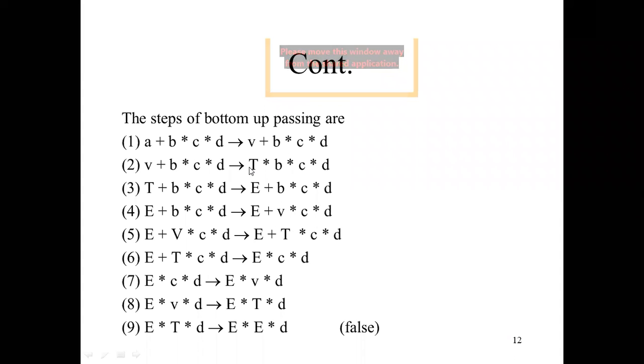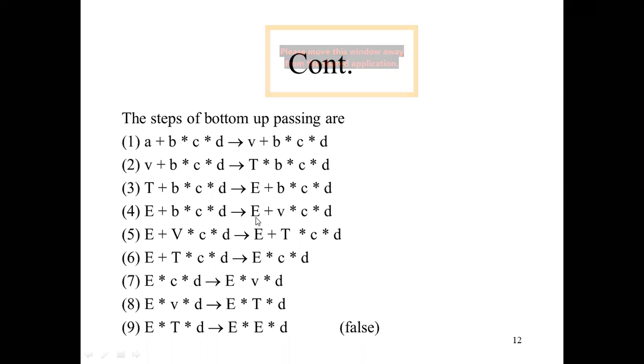First we replace this A by B, and after that V by T, then T by E. Okay, and again now it is complete. Now there is no option after getting E, we cannot change this, so we are writing it as it is here. Then we are replacing this B by V. Okay, and we will write the same thing, whatever is remaining here, star C star D.